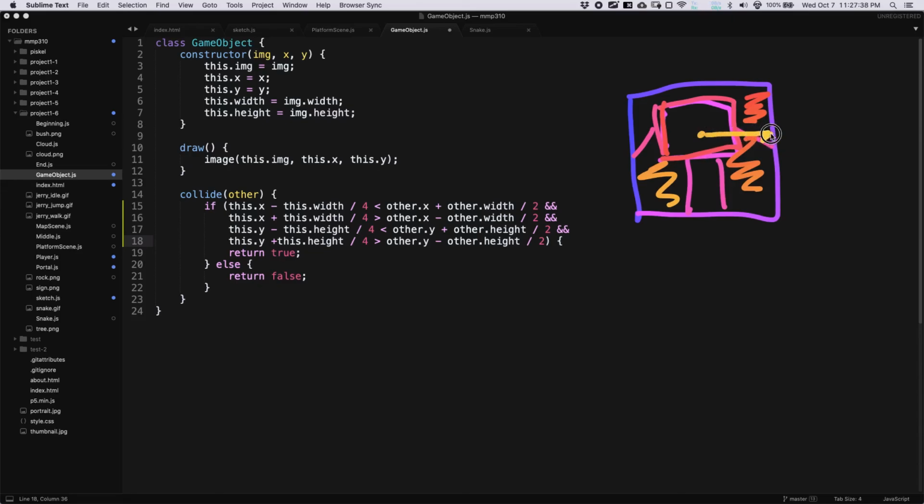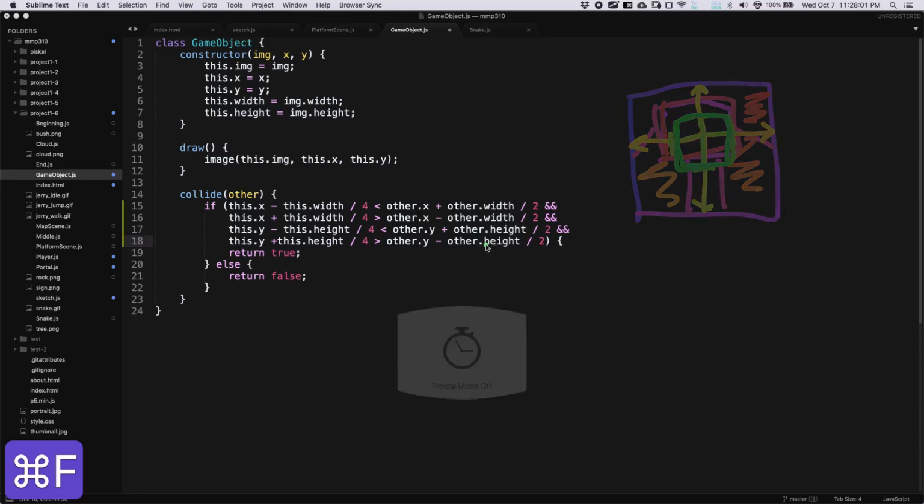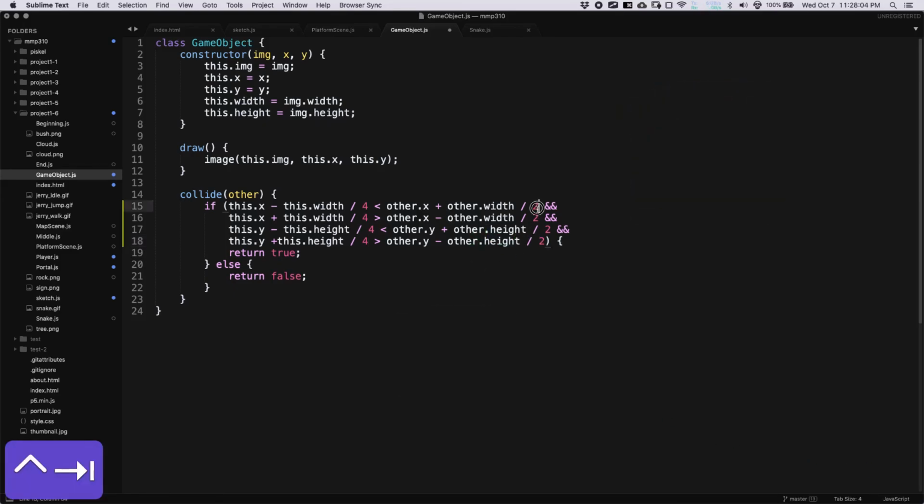And so when I say plus half, I'm using the whole box. So what I'm going to do is not going to be very accurate, it's not super sophisticated, and there are a lot of better ways to do this, but I'm just going to basically cut that in half. So I'm going to say a quarter, a quarter, a quarter, a quarter. I'm going to make the hitbox smaller than the outsides of the art, so that I'll have to get closer to things to collide, but I think it's actually going to be